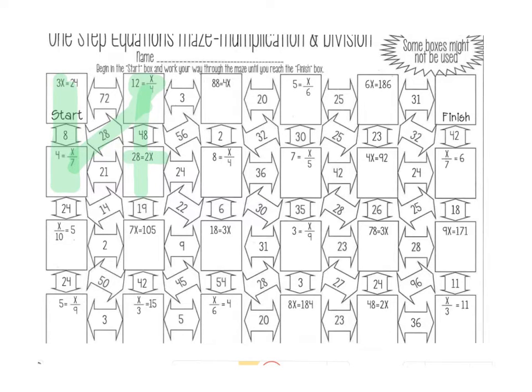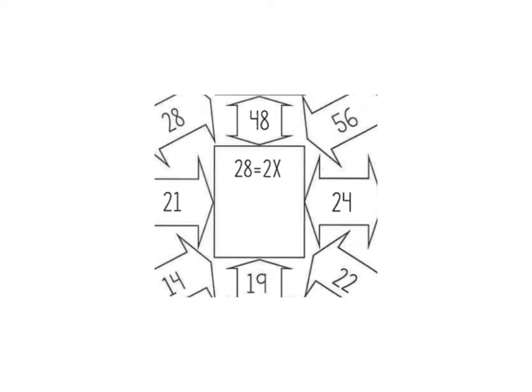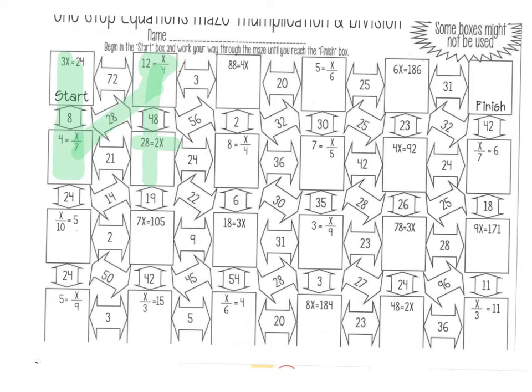Now we're going to do 28 is equal to 2x. To solve this one, we need to get x by itself. This time we're going to do the inverse of multiplying by 2, which is dividing by 2. If we do it to one side, we have to do it to the other side. So we get x is equal to 14. So now we're going down and to the left, and the next problem we're going to do is x over